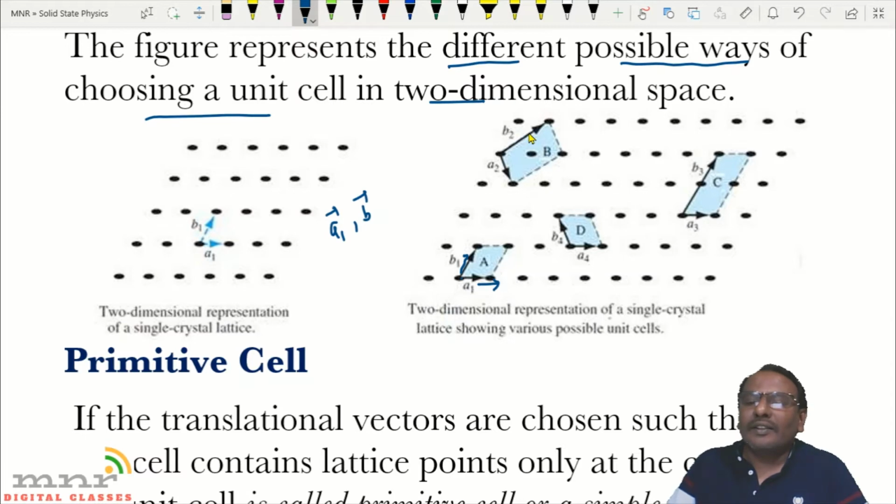Similarly, this is not the only choice. We can have many other choices. We have represented only 4 choices. We can have infinite such possibilities. Now this one, A2 bar, B2 bar. The third possibility is A3 bar, B3 bar. Now observe here, it is displaced by 2 units, B3, A3. Similarly, A4, B4. This represents the fourth possibility of representing the unit cell. We are representing here just 4 possibilities. We can have any number of such possibilities.